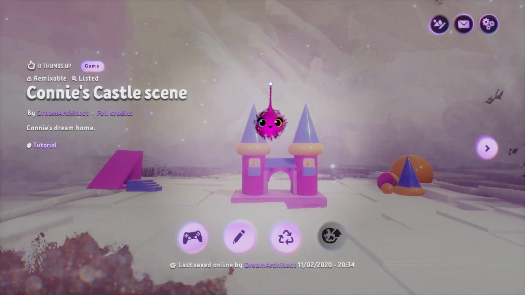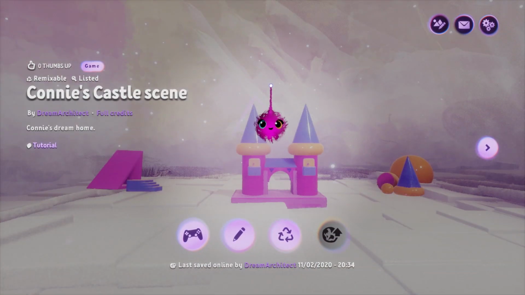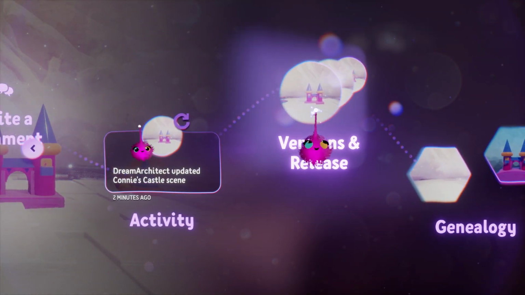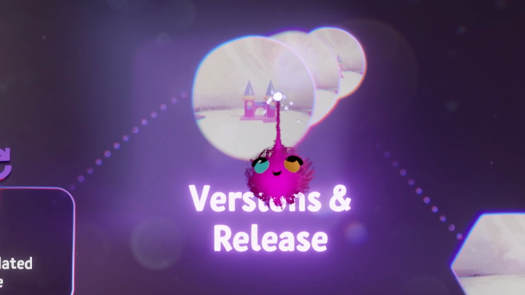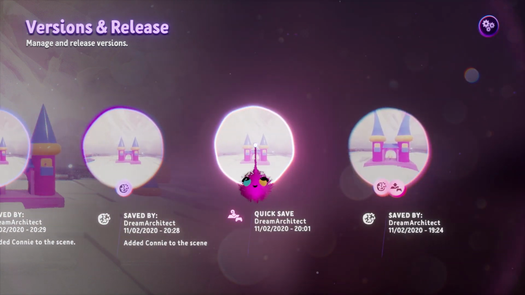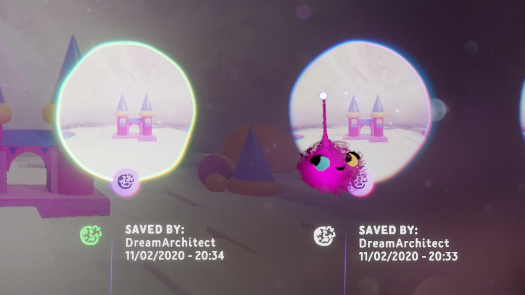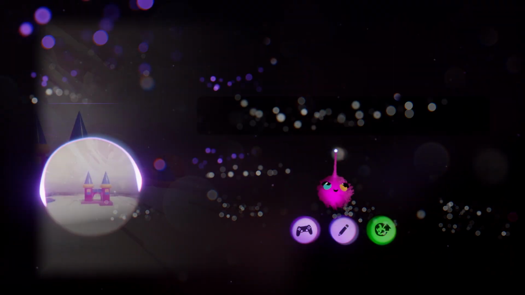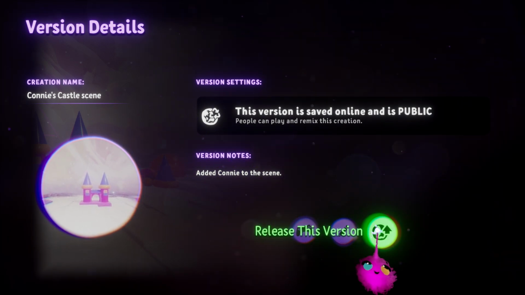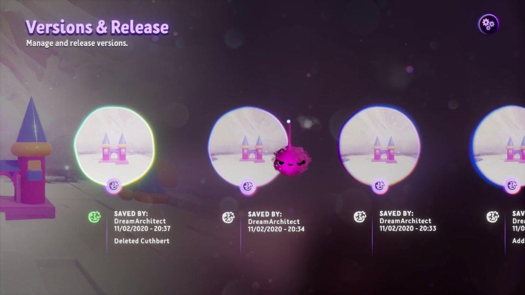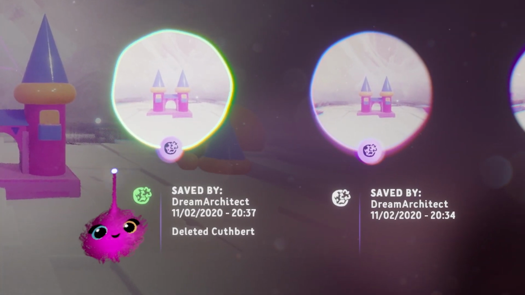One of the great things about saving a version is that you can go back to it. Scroll right on a creation's cover page to view its versions and release log. Every saved version of that creation is accessible from here. If there is a released version, you'll see it highlighted in green. You can also choose to release a different version from here, or edit an older version. If you limit your version saves to significant updates, the history will be much easier to keep track of. And if you've used version notes, it'll be even easier to see what was changed and when. Marvellous.